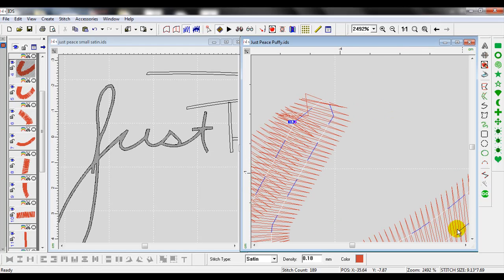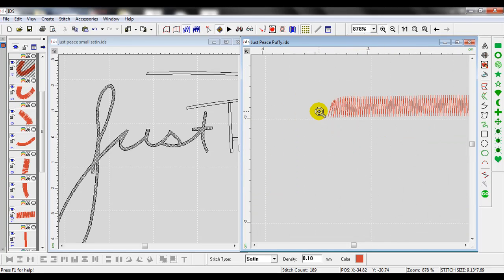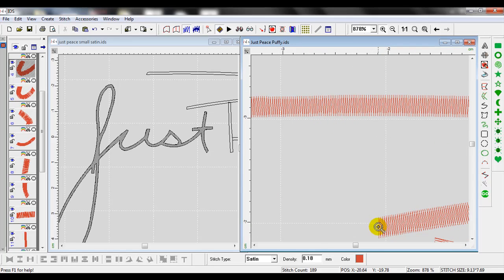Or we can put the cap points. So we need to find the ends of these areas that won't have needle penetrations on the end. So like right here and right here, we would need to put capped corners. And just to